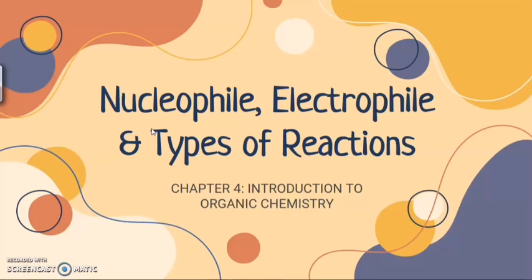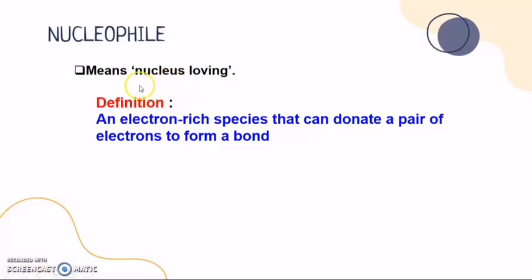This video is to help you understand more about the nucleophile, electrophile and types of reactions. Let's start. As we know, nucleophile means nucleus loving. When it is nucleus loving, it will be attracted to something that is positively charged. So when it is attracted to positively charged, it indicates that it will be a species that is negatively charged, or